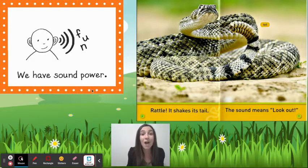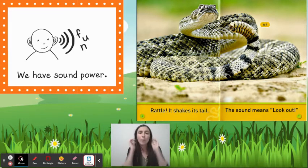We have sound power. When we activate sound power, we are going to look at the letter and we are going to add on a sound. I point to my mouth because my mouth does many different things when I say different sounds. So look at how my mouth is and get your mouth ready when I get stuck. Maybe you can even help me read these words, because sometimes teachers get stuck too, and we have to activate these powers. Ready? Rattle. It shakes its...